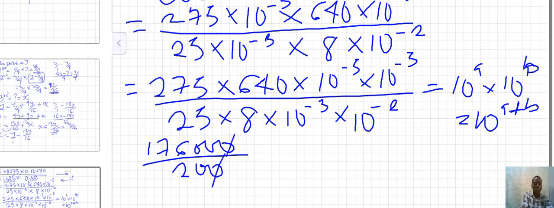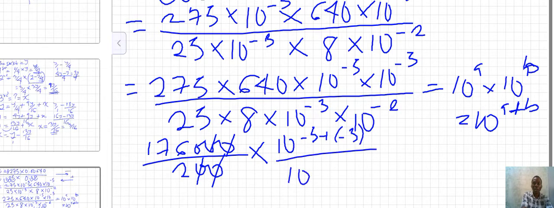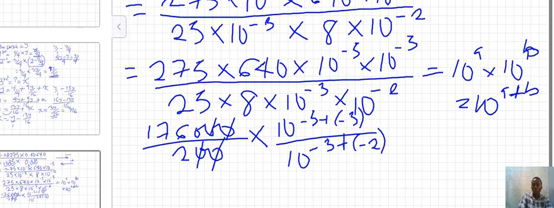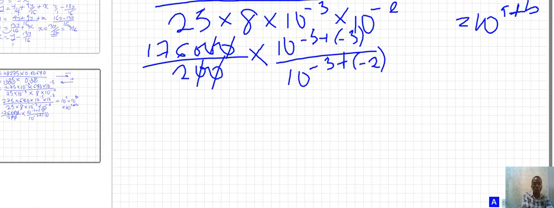200. So this will cut this. So we are going to have this times 10 raised to power minus 5 plus bracket minus 3, right? All over 10 raised to power minus 3 plus bracket minus 2. Hoping that you are following,